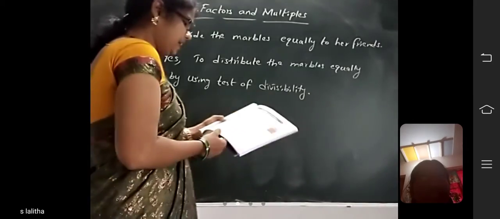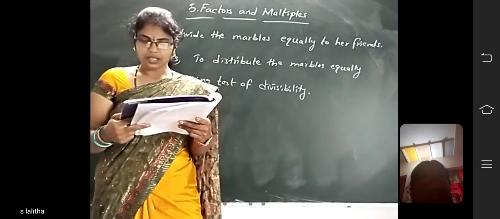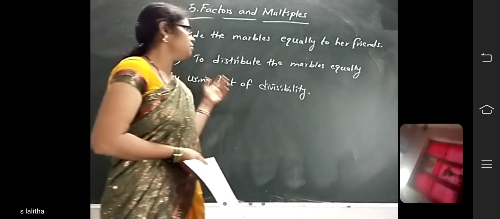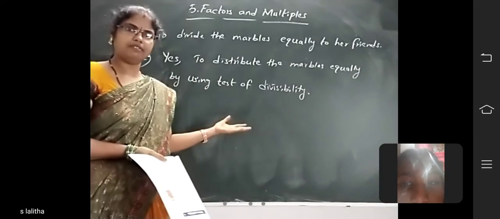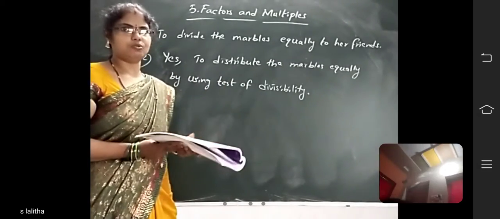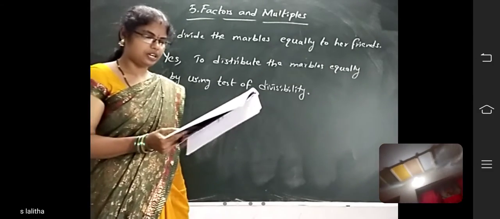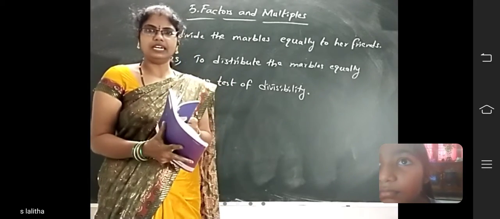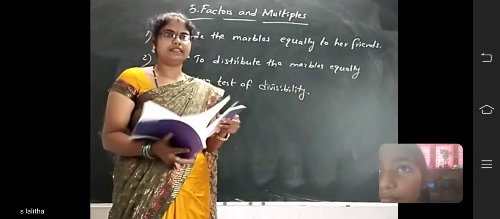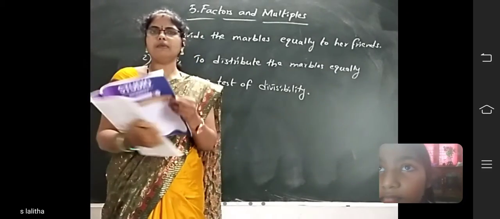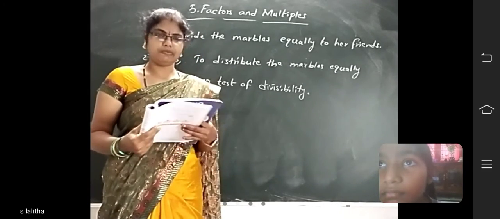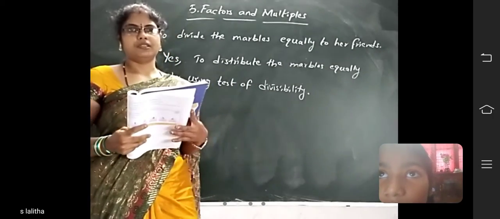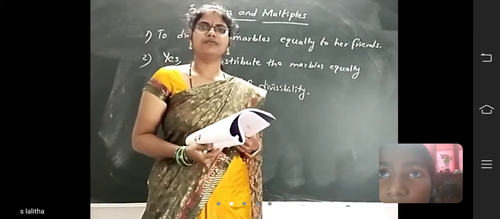So test for divisibility helps to equally group objects without actual division. It helps to distribute the objects equally without actual division. So Malini can use test for divisibility to decide if she can equally distribute the marbles. Okay. Now turn the page. Page number 72. Now solve the problem in PEP 5.1 using test for divisibility. What is test for divisibility?